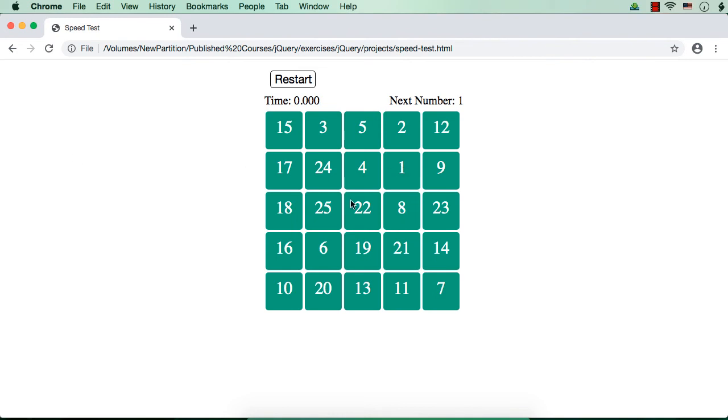So if you want to restart or reset the game in between, that is after clicking 1, 2, 3, 4 and 5, suppose I want to reset, I can reset. Then it will just show 0 as the timer that is starting and next number as 1. Only once the game is complete, we will see the time taken and also the report like thing. So this is a simple click speed test project we are going to develop using jQuery. So let's see how to develop this game from scratch.